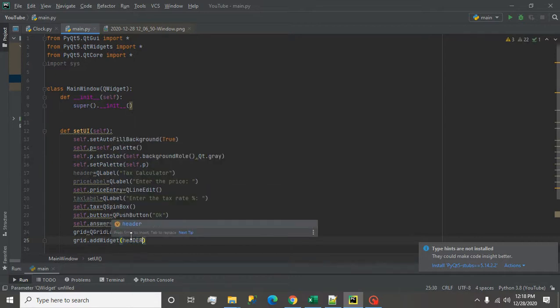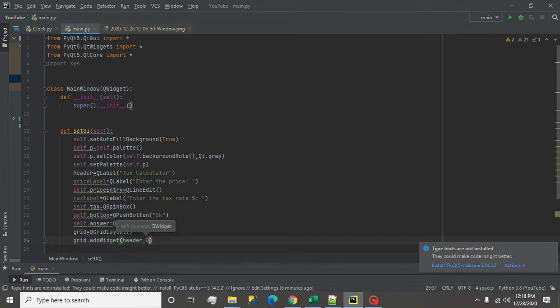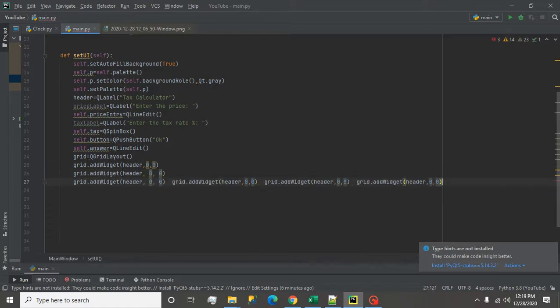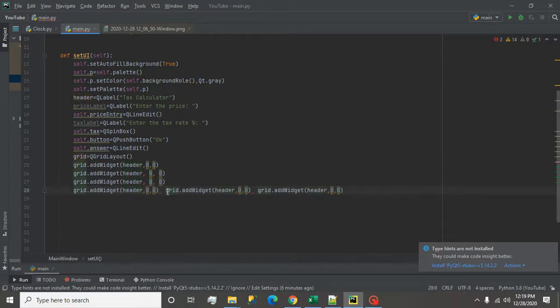We have created a header variable, so that header, and I pass the position. So I copy this one and I paste it, enter, one more enter, one more enter. Now change the variable names and the positions.